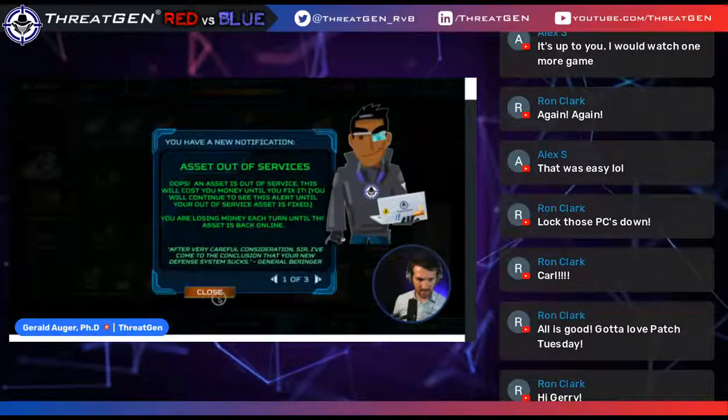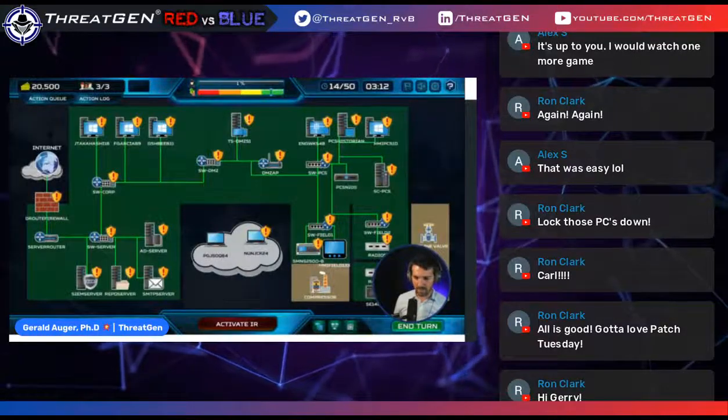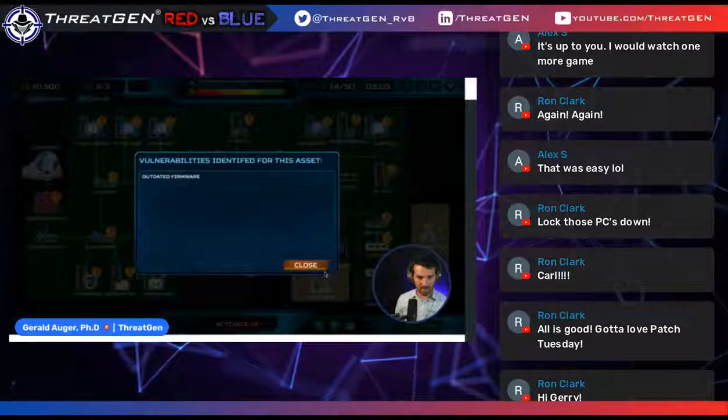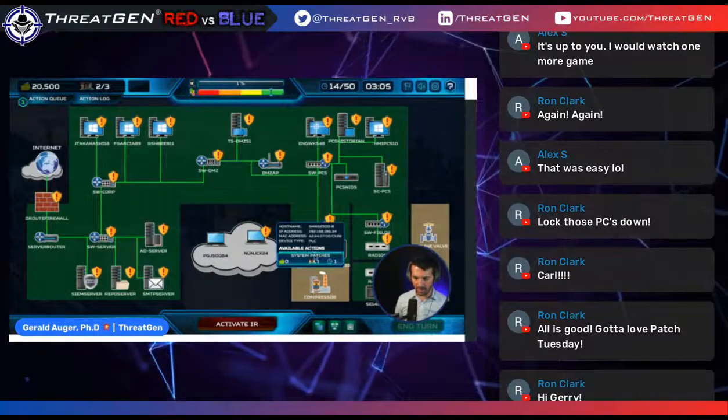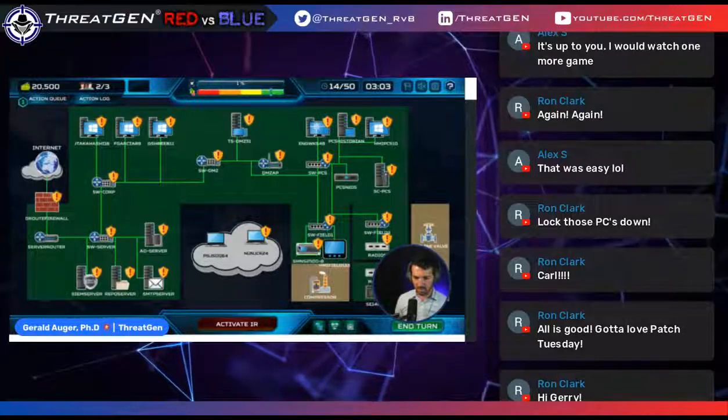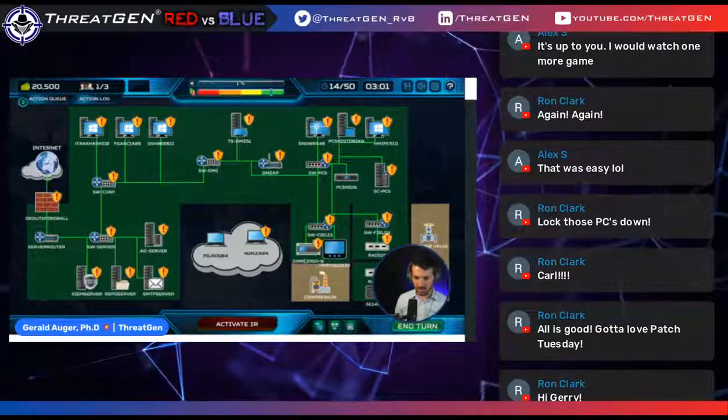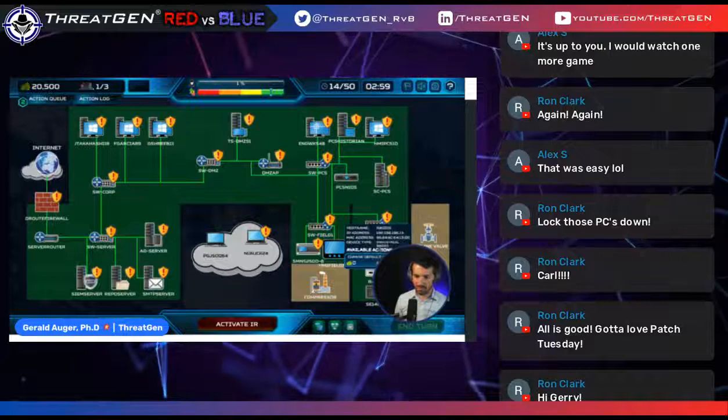System patch, asset out of service. Bruh, this thing is getting hammered. Outdated firmware. Let's reboot it and see if we can update the firmware. Was this thing broken? Yeah, let's patch this. We really shouldn't be